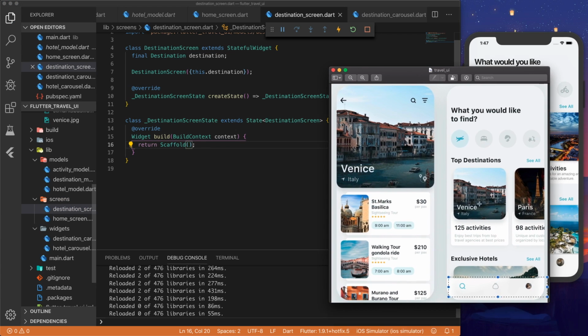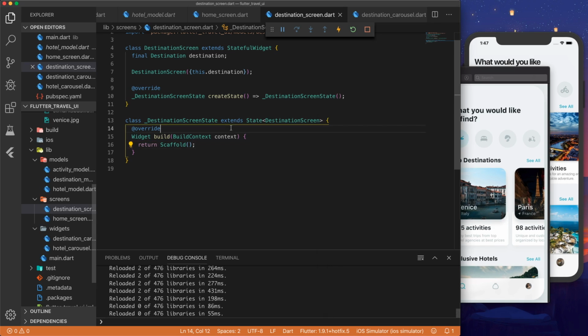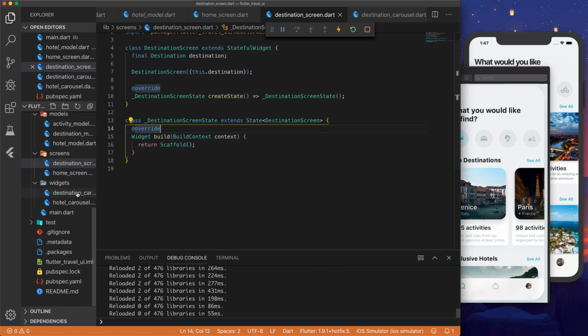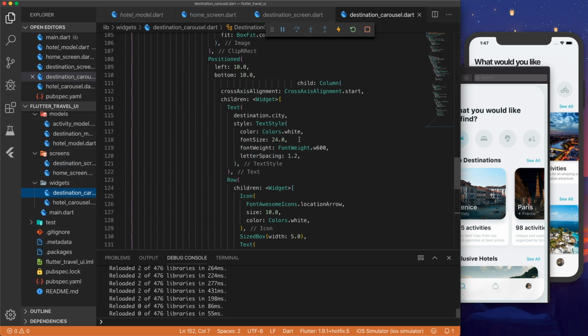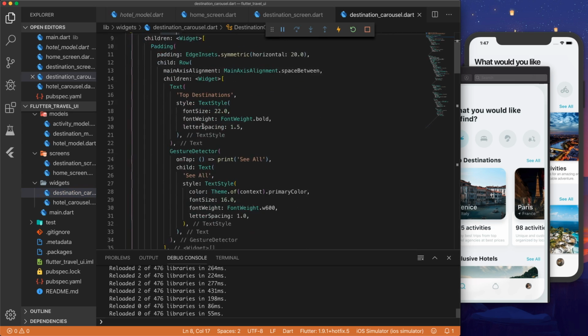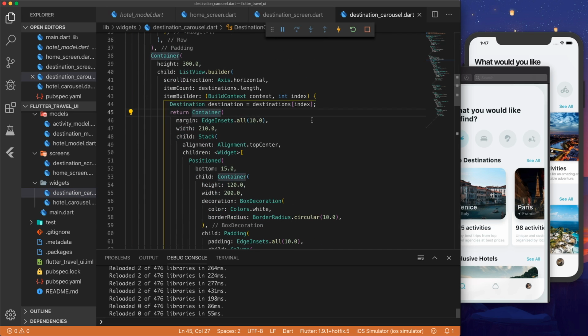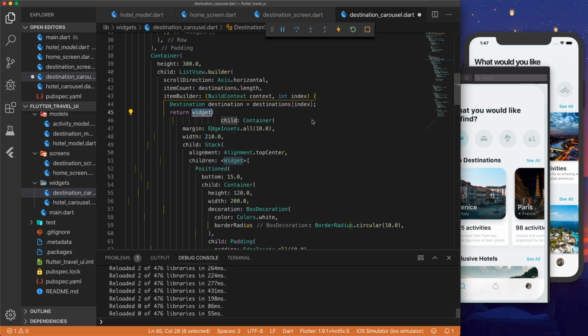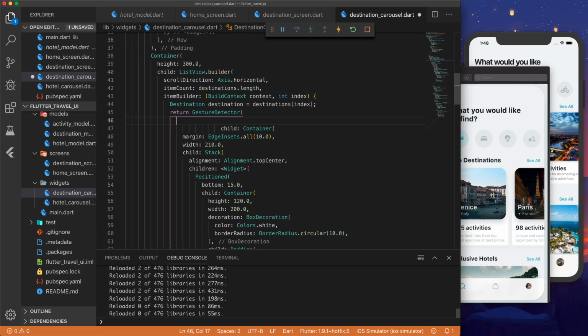So when we click on a destination here, we want it to go to this screen. And the way we can do that is by going into our destination carousel and adding a gesture detector on our container widget that we return. Gesture detector, on tap,